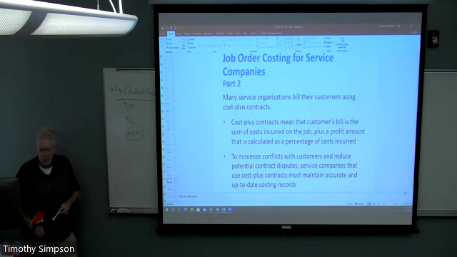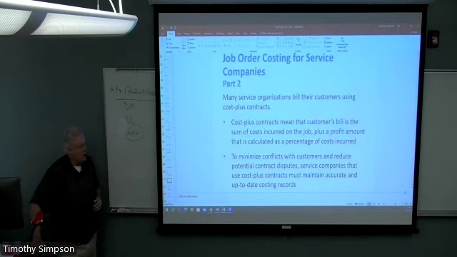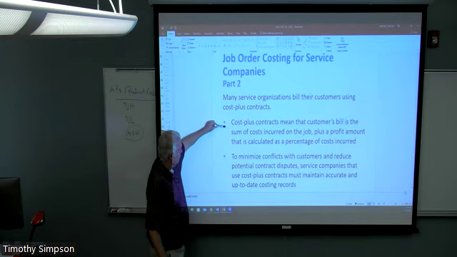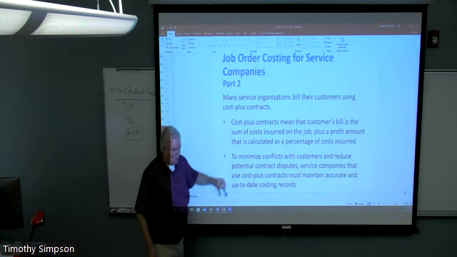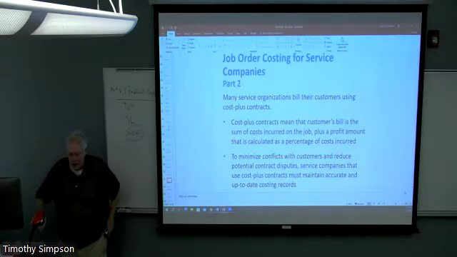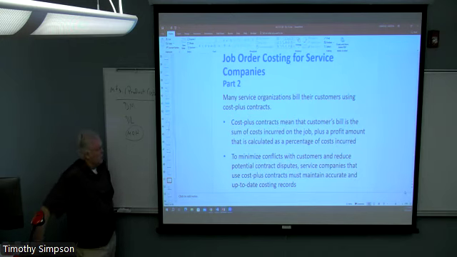Okay, and then there's another variation of job order costing, and it's called cost plus. I think there used to be a retail firm called Cost Plus, but cost plus is an arrangement where a buyer and seller agree, and I think we see this occasionally in construction contracts, or where the accounting for cost needs to be very, very accurately treated, like in government contracts.